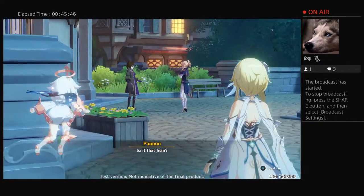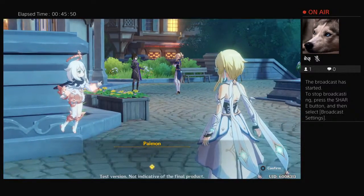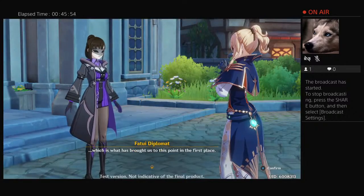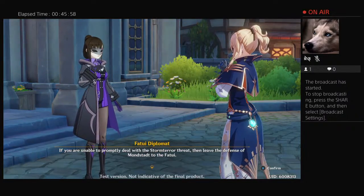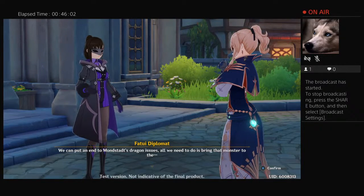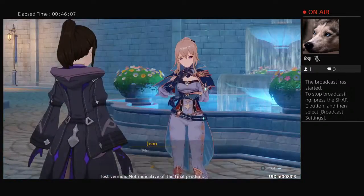Isn't that Jean? Seems she's talking to... Let's let her finish, then go... Which is what has brought us to this point in the first place. If you are unable to promptly deal with the Storm Terror threat, then leave the defense of Mondstadt to the Fatui. We can put an end to Mondstadt's dragon issues. All we need to do is bring...